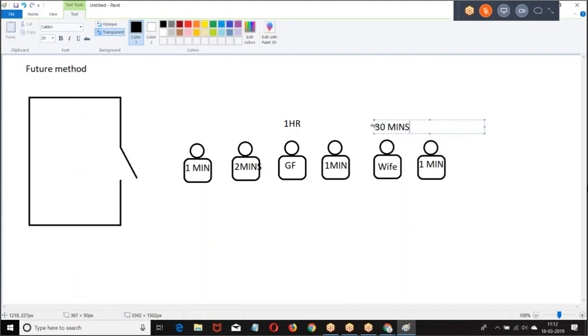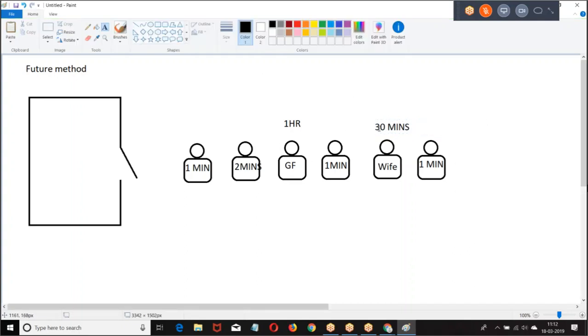So, without marriage, how do you know, boss? Right. Now, get inside, in 30 minutes, then he came 1 minute. Now, what happened? Because of two fellows, the last guy who is waiting has to wait in the queue for almost 1 hour, 30 minutes to get his complete work done.